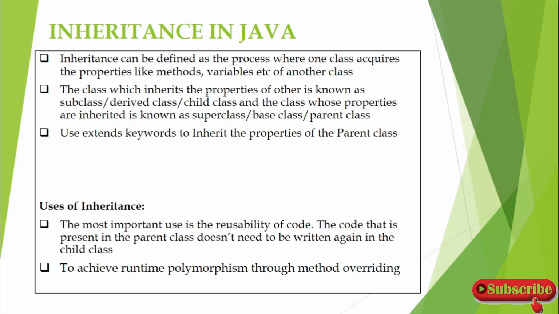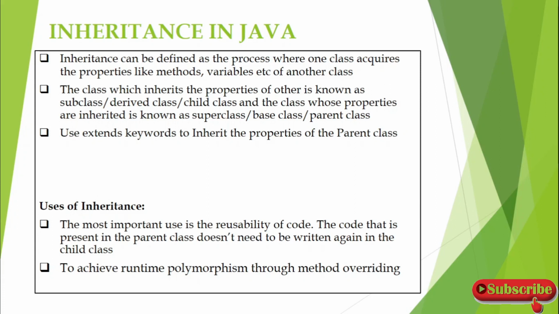So you will create one class that is your parent class, and you will have another class as the child class. Using the extends keyword, you will be able to inherit the properties of your parent class from the child class itself. You'll create just one reference to the child class, that means you will create an object for the child class, but you will be able to access the variables and methods of your parent class.